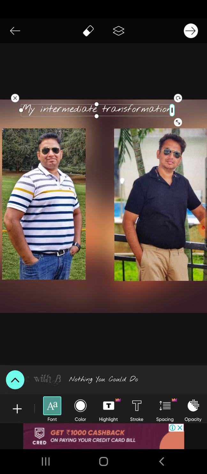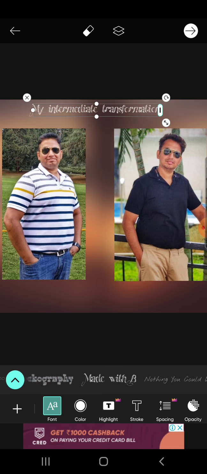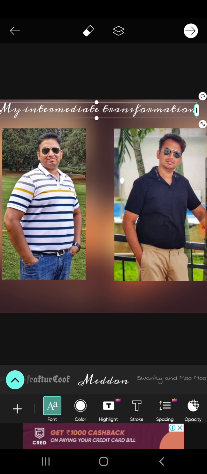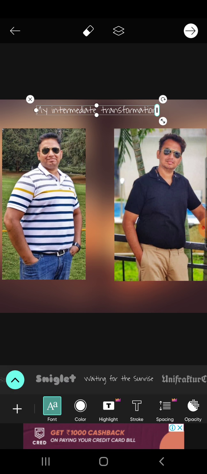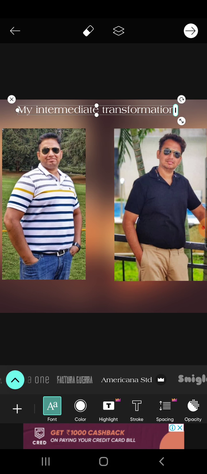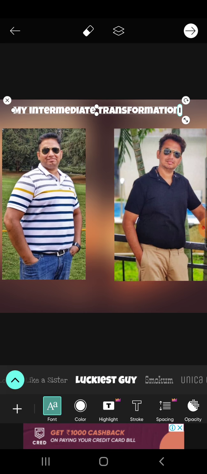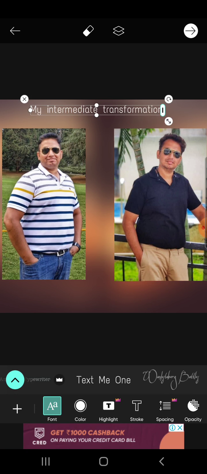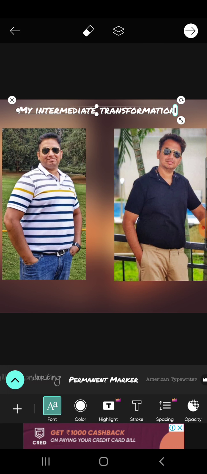See, I also have the option to change the font. If you see here in the bottom, there are various fonts that are available. Just if you scroll towards the left side, you can see a lot of fonts in the option. Normally, we need to select such a font which is easy to read and also more appealing.